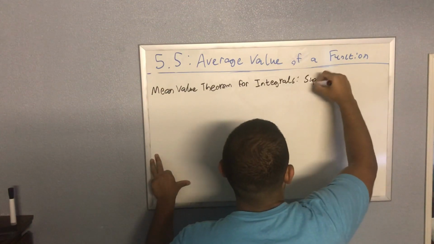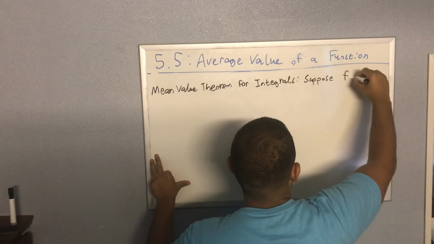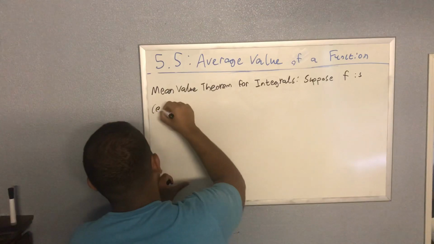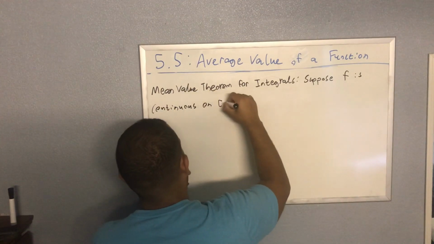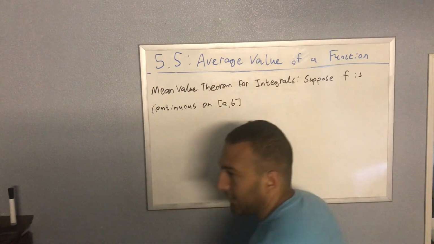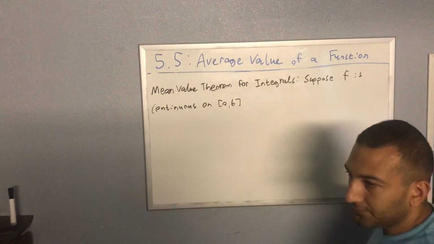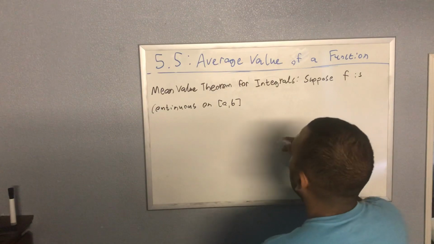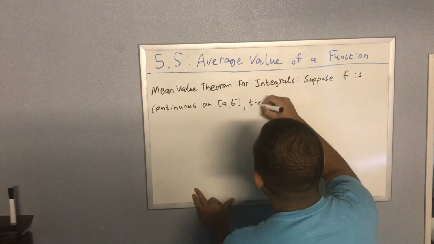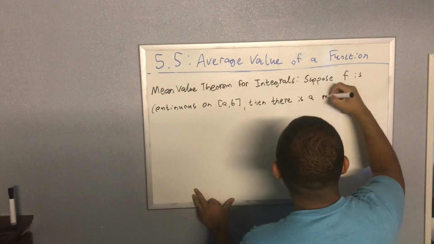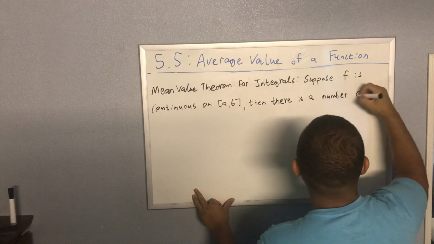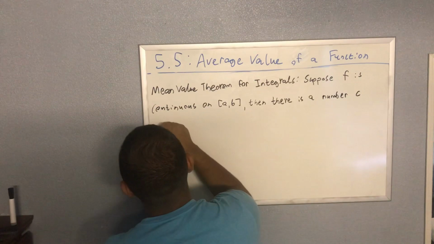So suppose f is continuous on the interval that we're considering. So all you need is continuity. Then there is a number C between A and B